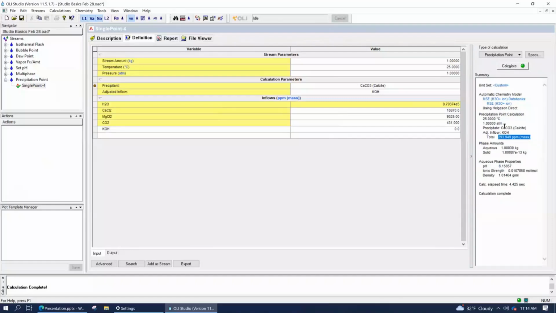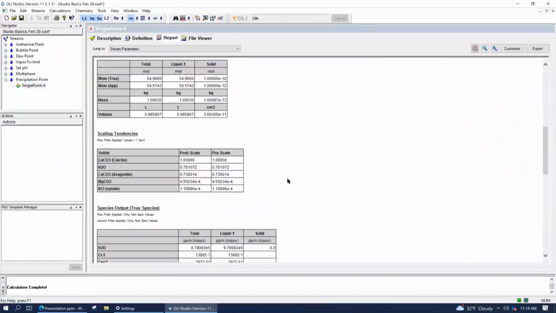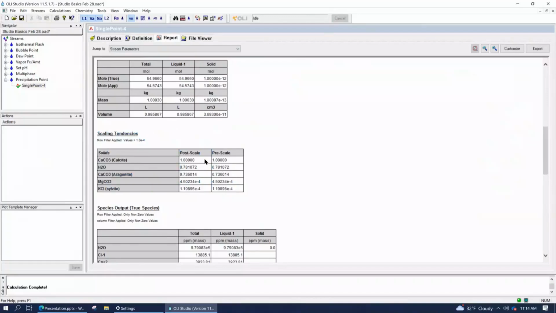Now, we selected the scale to be calcium carbonate, but that's simply because we know that's the problem in this case. So if you go to the report, what I want you to do now is jump right to the scaling tendencies table. And what you'll notice is that the scaling tendencies table shows one row where the value for the pre or the post is set to 1.